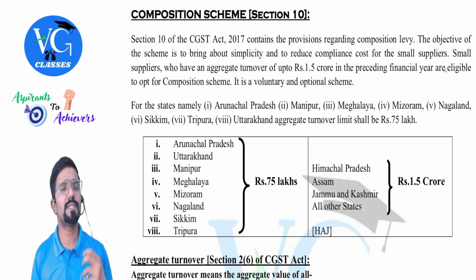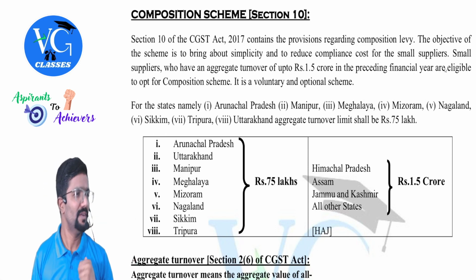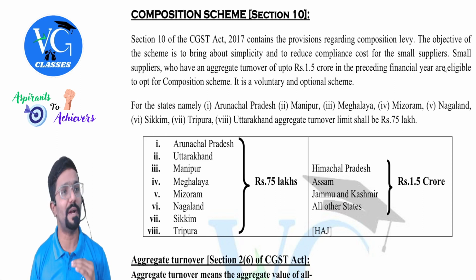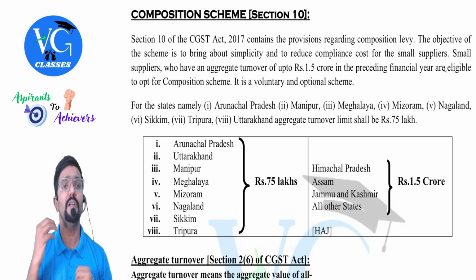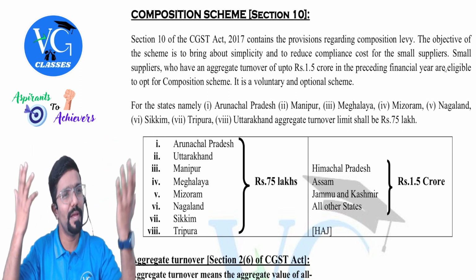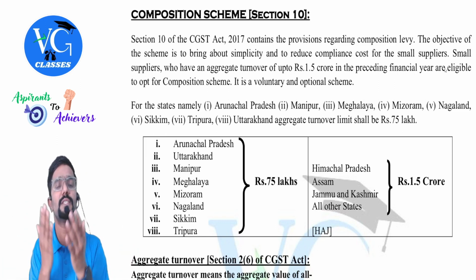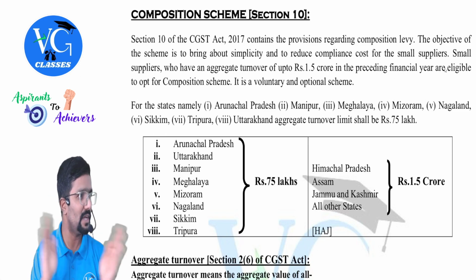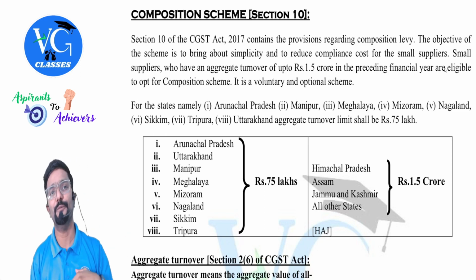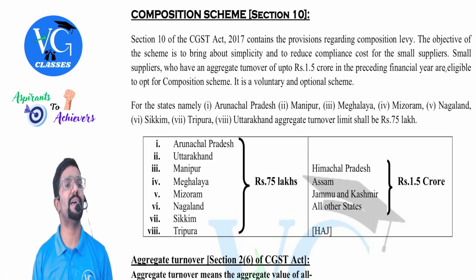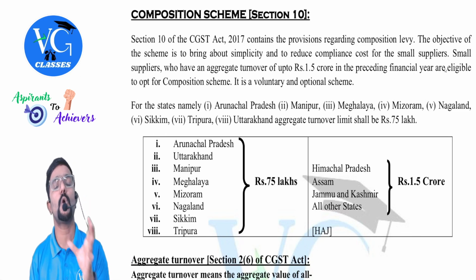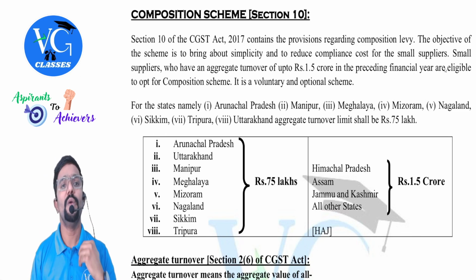Now, if I'm a small supplier, this is too much for me, sir. Too much means what? Sir, compliance burden. And even the rate of 18%. Sir, how will I do the business? If I add this 18% and sell it to the customer, he is telling, thank you, and they are not coming back to me, sir. What will I do? So, to support the small suppliers, the government introduced something called the composition scheme, where they told